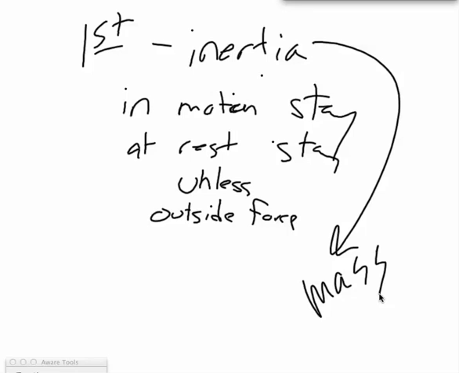We don't need velocity for inertia. I thought you needed energy. Inertia is the tendency to stay in motion or stay at rest. Or you could say it's going to keep doing what it's been doing. So if it's moving, it's going to stay moving. If it's not moving, it's not going to move.